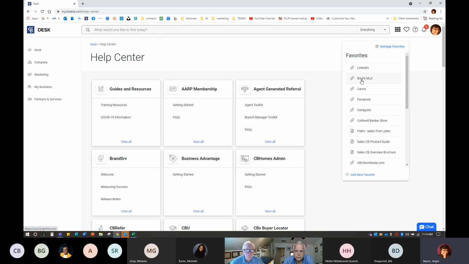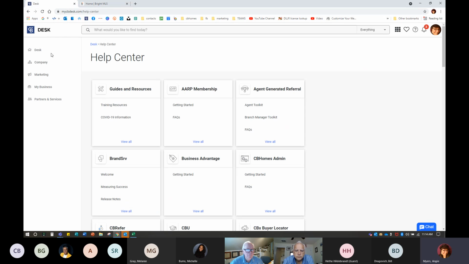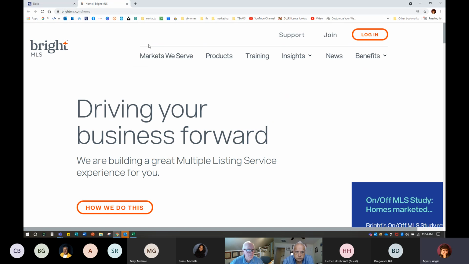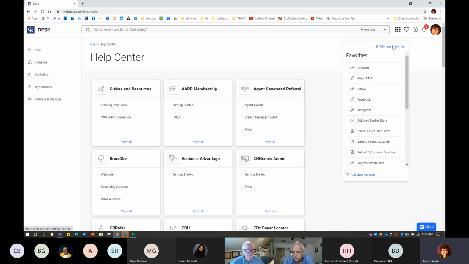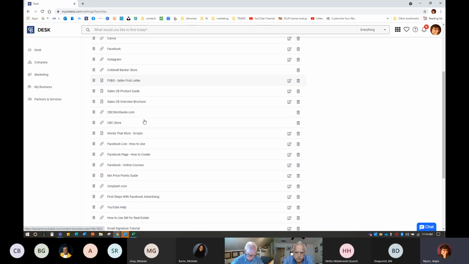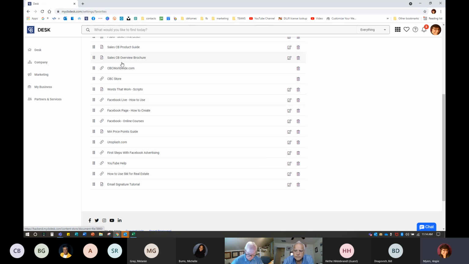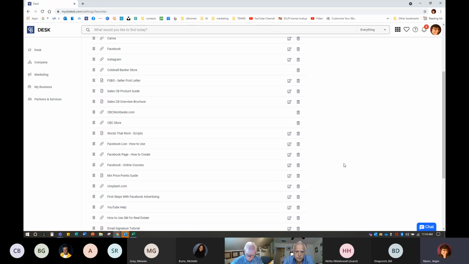Here I can go through and literally just click on Bright. It's going to pop open in a new window, so you'll see Desk is still here, but it's going to pop open and I can log into Bright and do what it is I need to do. I can also manage my favorites here at the top. When I go in to manage my favorites, I can add pretty much as many as I want. I'm also going to find some favorites. We'll get into the intranet in a minute, where I found things that are on desk